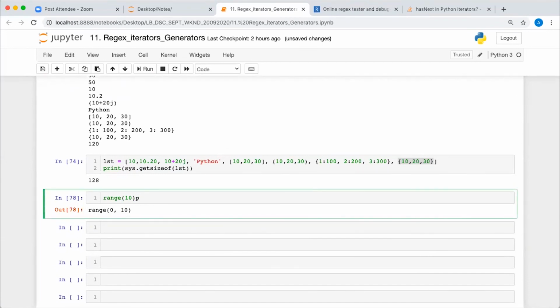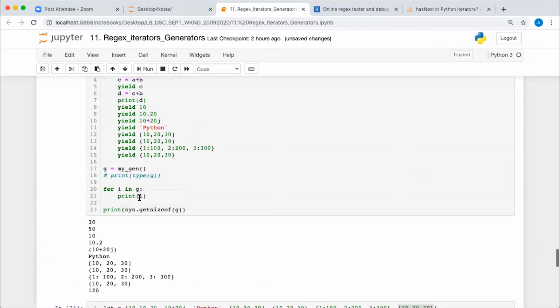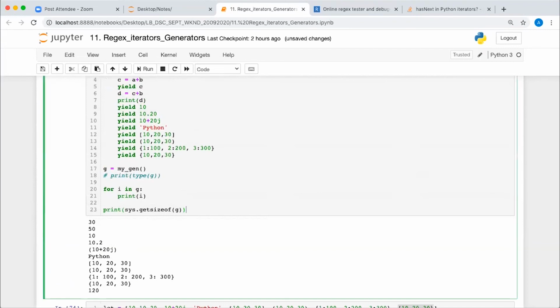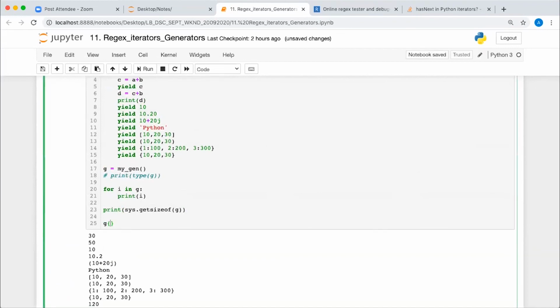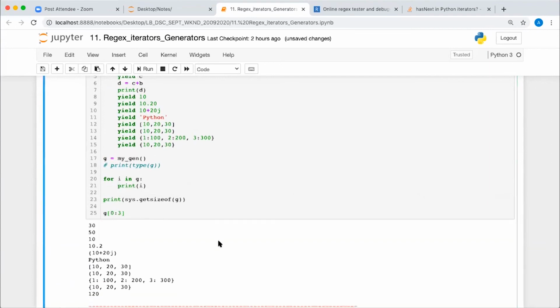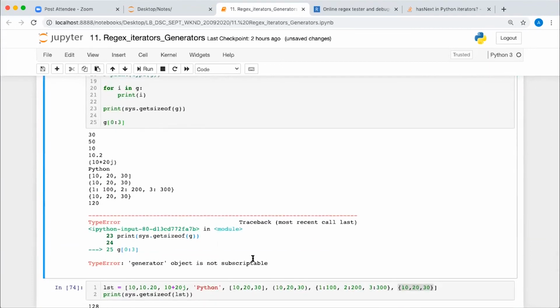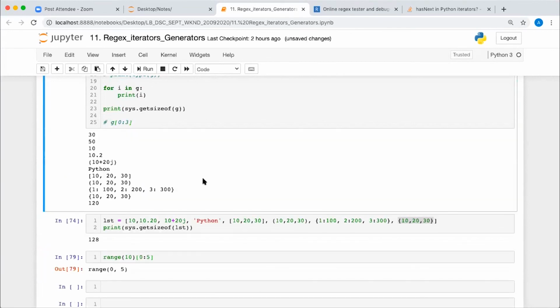Let's see if we can do slicing here. 0:3. No, it is not allowed. On a generator object you cannot do that. It says not subscriptable.